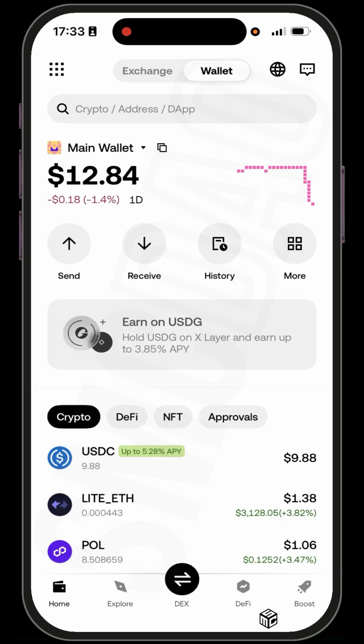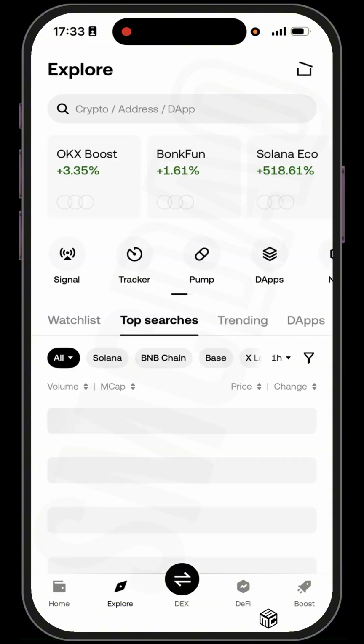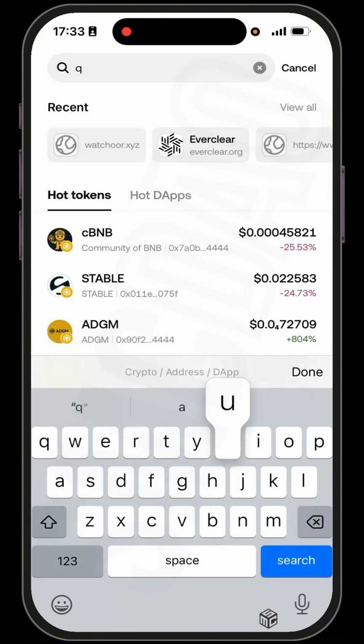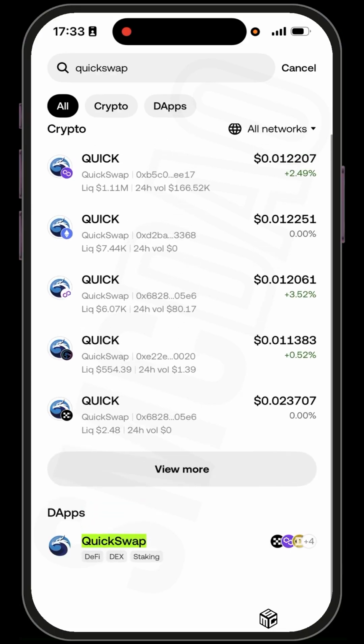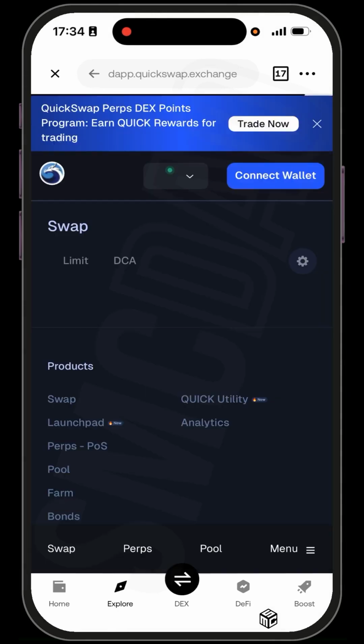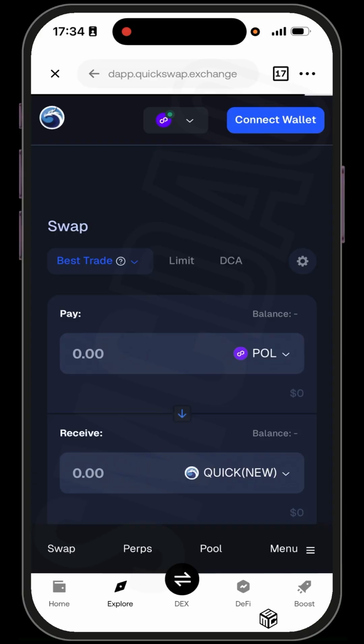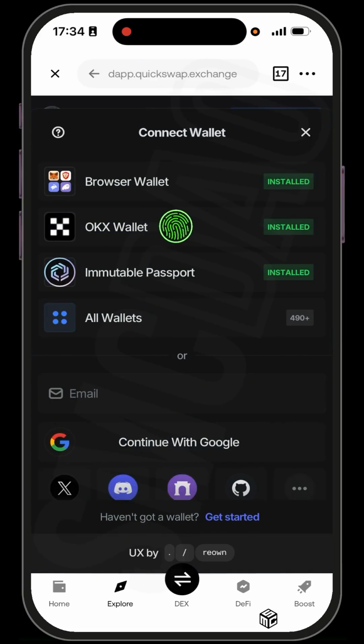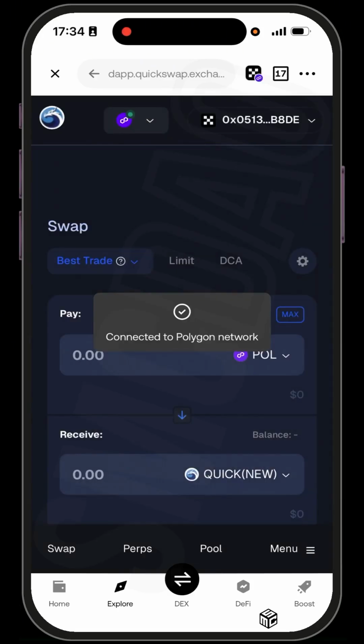And let's get to use a decentralized exchange called QuickSwap because it's easy and beginner friendly. So let's go to Explore and click on QuickSwap. And yep, here it is. Make sure it's the right QuickSwap, dapp.quickswap.exchange. And you just click on connect wallet, agree to the terms, and use your OKX wallet, and voila,